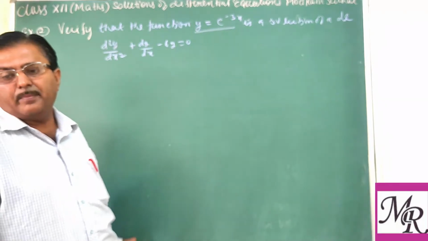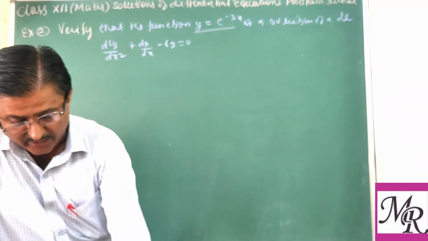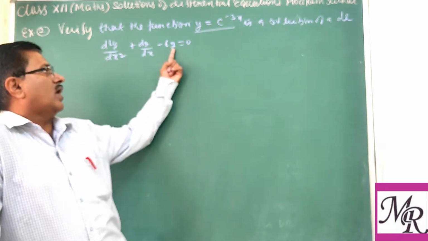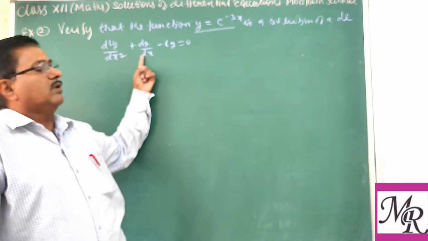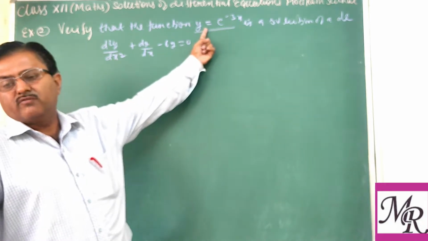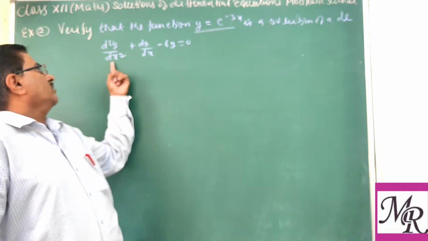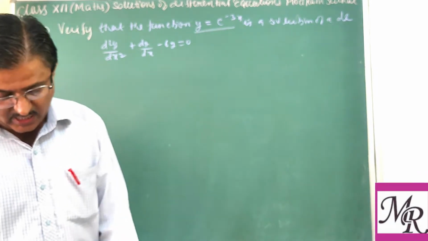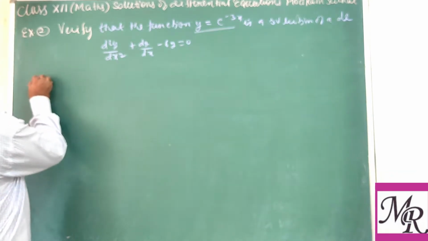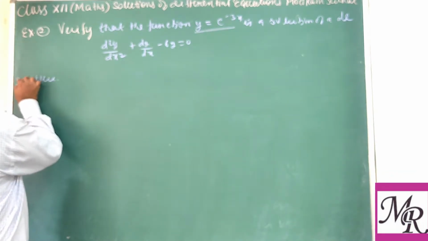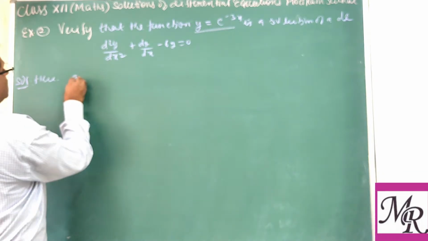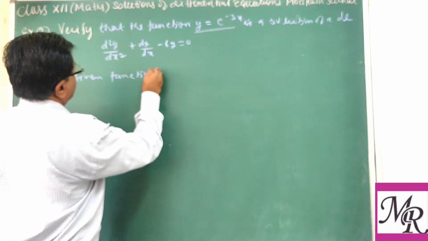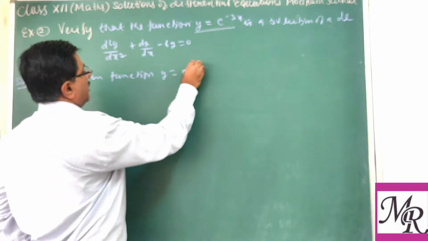Again you have to make left hand side equal to right hand side, but what do we need on the left hand side? y, that is already given. dy by dx means the first derivative, d square y upon dx square means the second derivative. So this we want to find and put. So here, in the solution, the given function is y equal to e power minus 3x.